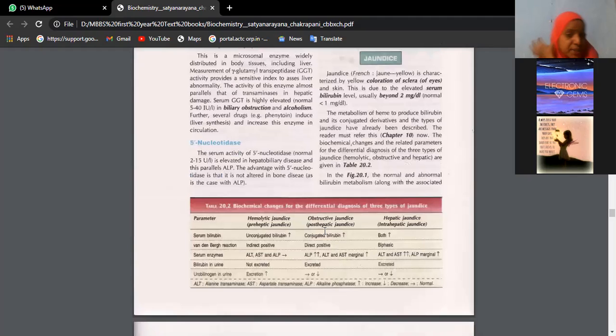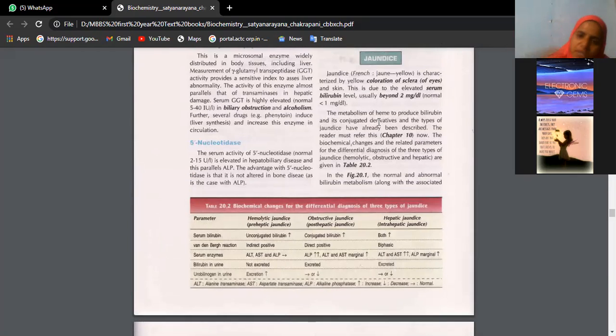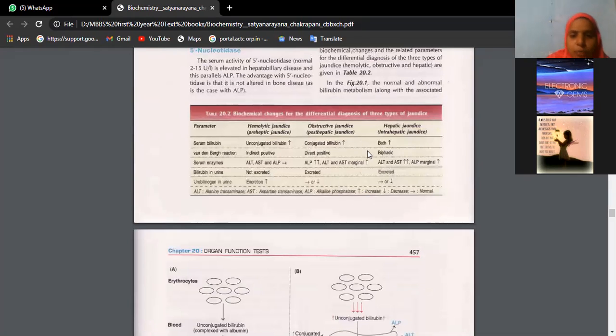So overall, jaundice itself can come as a 5 marks question also. For this answer also, you should include jaundice. Please follow this table. It's quite easy. I have given you enough explanation about these three types of jaundice. Just check the enzymes: alanine transaminase is ALT, aspartate transaminase is AST, ALP is alkaline phosphatase. Which enzyme levels remain normal in which type of jaundice, it's a must and very important. That means it covers two answers. If jaundice comes as a 5 marks question, you can give this and elaborate in your own words. At the same time, if it comes as an essay also, you can include this.